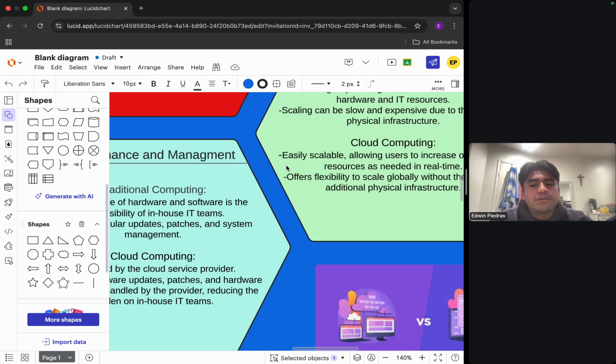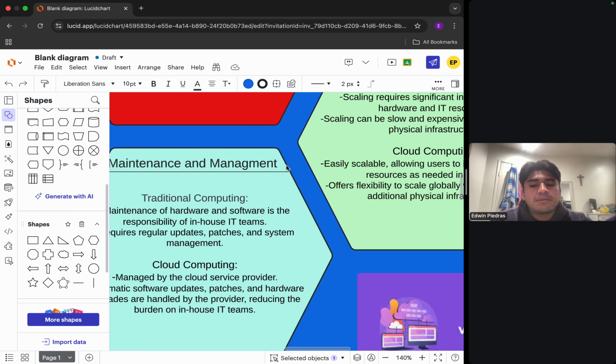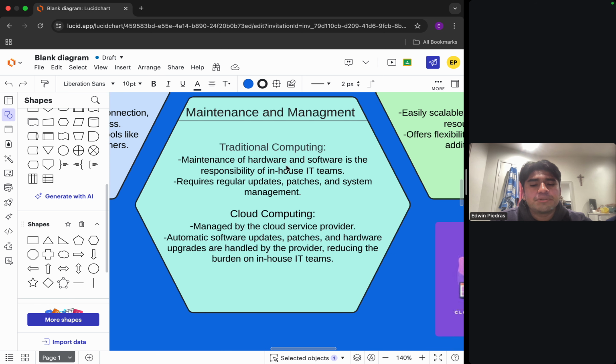So now moving on to maintenance and management. So for traditional computing, maintenance of hardware and software is the biggest responsibility. It requires regular updates and patches